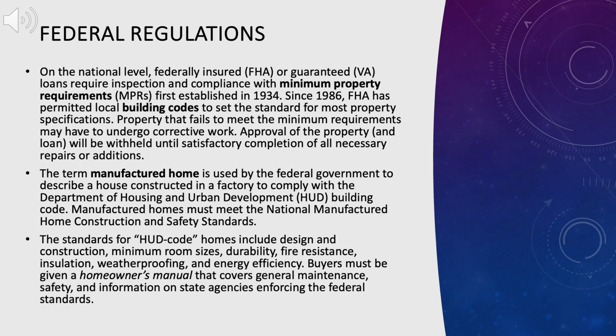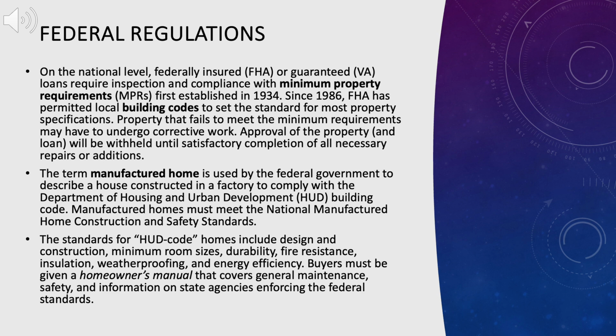The term manufactured home is used by the federal government to describe a house constructed in a factory to comply with the Department of Housing and Urban Development (HUD) building code. Manufactured homes must meet the National Manufactured Home Construction and Safety Standards. The standards for HUD code homes include design and construction, minimum room sizes, durability, fire resistance, insulation, weatherproofing, and energy efficiency. Buyers must be given a homeowner's manual that covers general maintenance, safety, and information on state agencies enforcing the